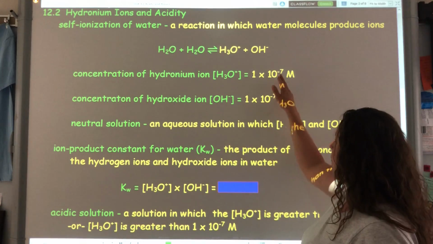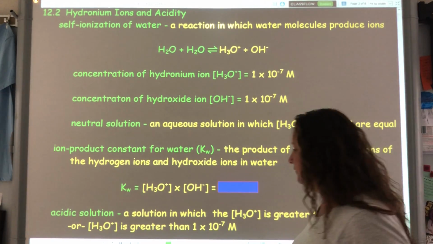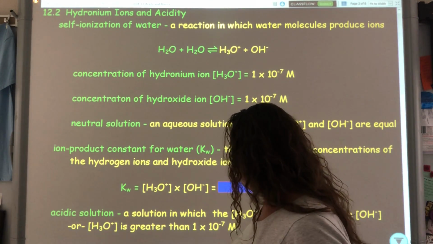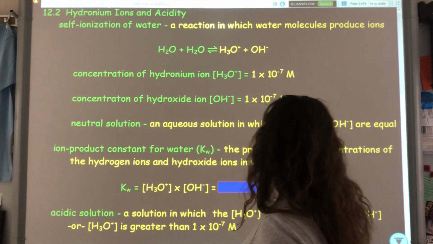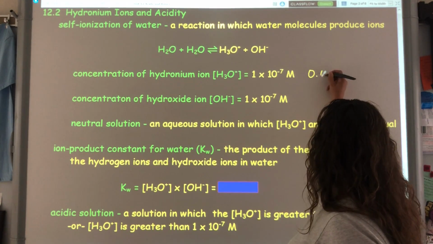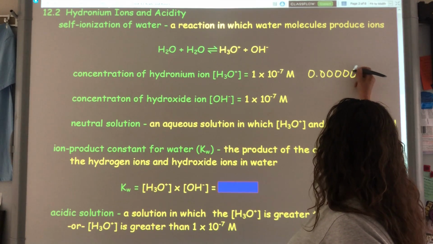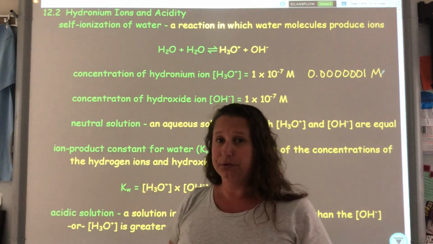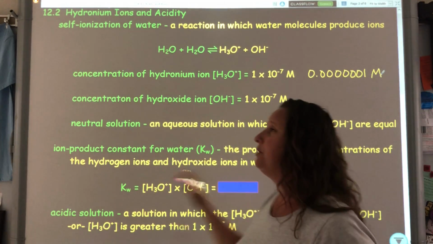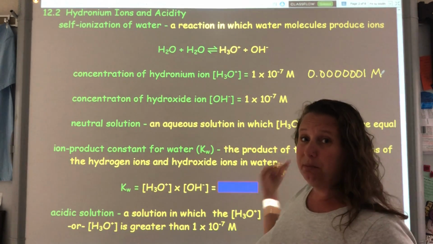Now, what is 1 × 10⁻⁷? It's a really small number. Written out, it would be something like 0.0000001 molar, or that many moles per 1 liter of water. And that is a very, very small